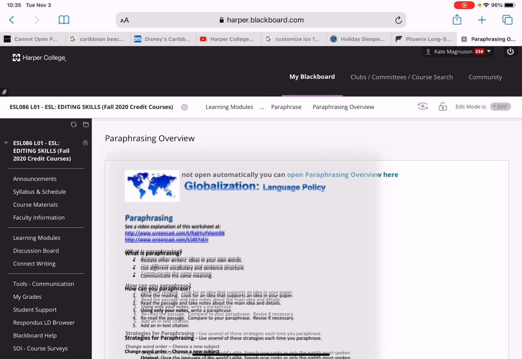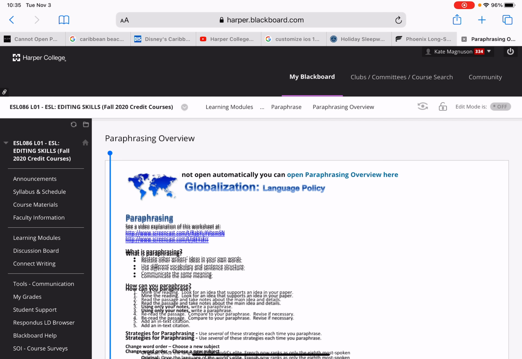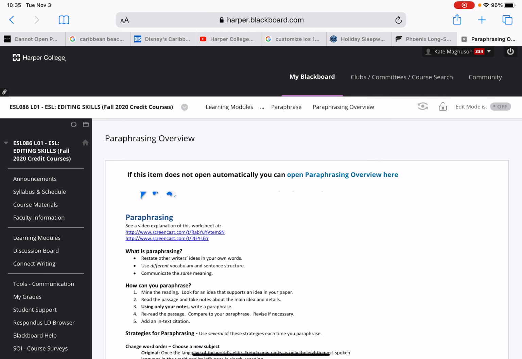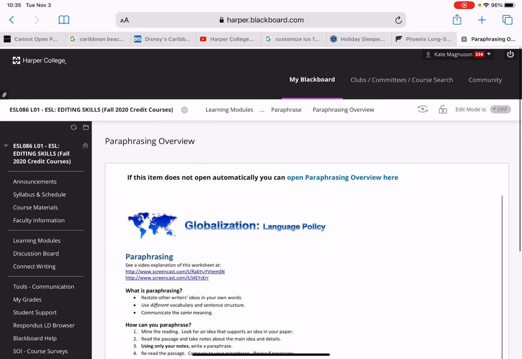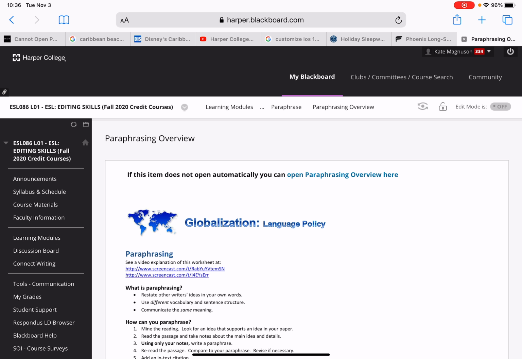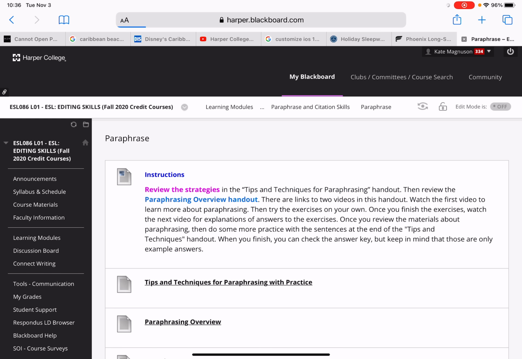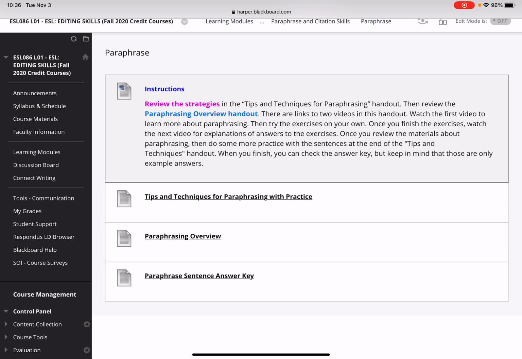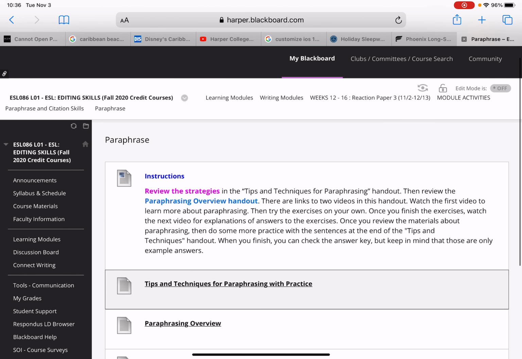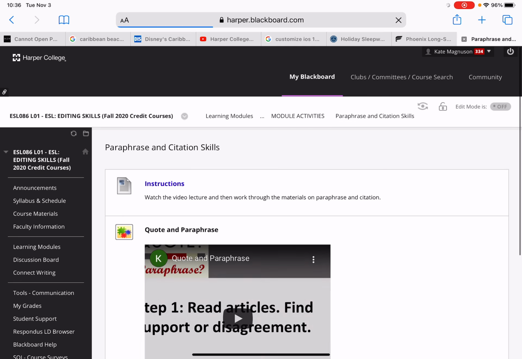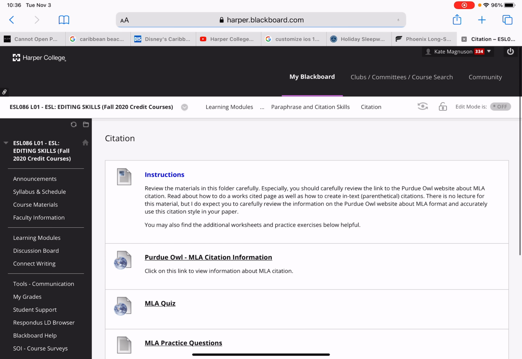So the first link, screencast, the first link walks you through this handout and reviews the handout with you. Then there are some practice exercises in the handout to try. After you watch the first link, try the exercises, then go back and watch the second link. The second link explains the answers to the exercises that you were working on. And then finally, there's a little bit more practice that you can do. Okay, I'm going to go back to citation skills. So if I click on citation,